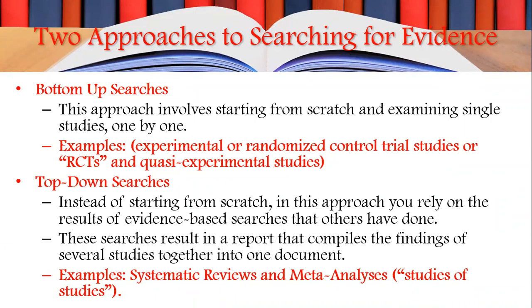And then a top-down search in comparison is that instead of starting from scratch, in this approach, you rely on the results of evidence-based searches that others have done. These searches result in a report that compiles the findings of several studies together into one document. Okay, so this is what we would call a systematic review or meta-analysis,